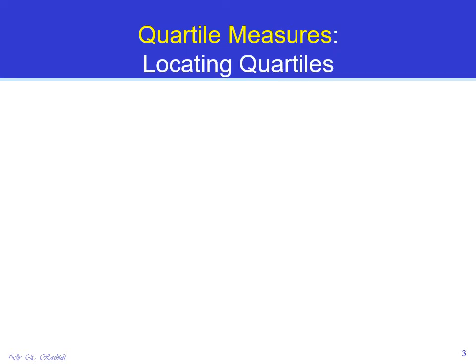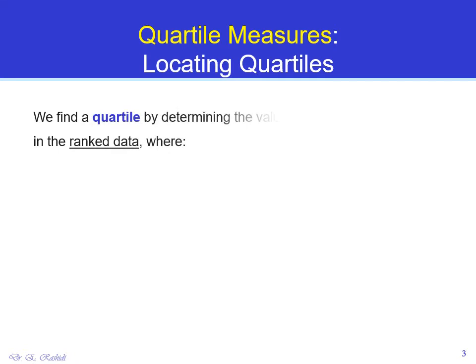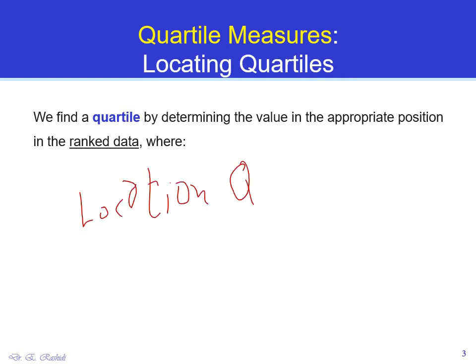So how to locate quartiles? How to find the first quartile, Q1, the second quartile, Q2, and Q3? Remember we had a formula for finding a median, which is Q2. How about finding a formula for Q1 and Q3 as well? So this is what we want to do. We want to find a quartile by using a formula. So first you need to rank your data, order your data from the smallest to the largest. The formula for the location or position of the first quartile, Q1, is